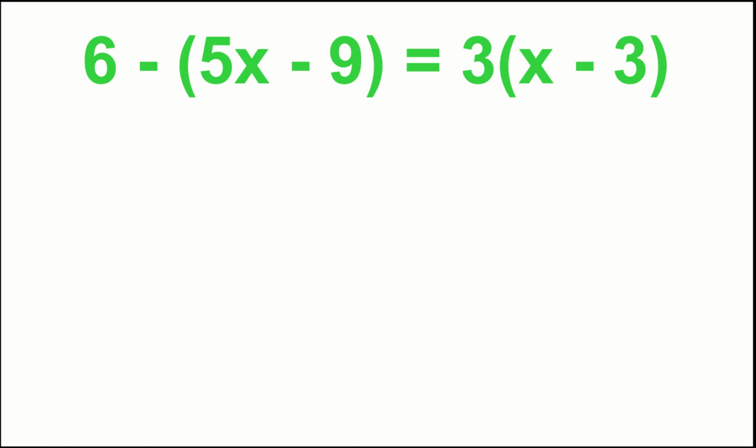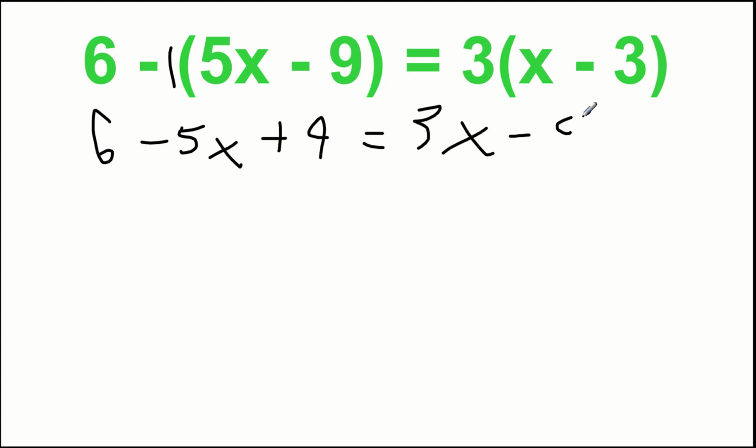Is correct. So we distribute to start with. Right here, we're distributing a negative. You can think of that as a -1 if you want. So we got a minus 5x. And the minus makes that a plus 9. And then over here, we got 3x minus 9. We combine like terms. I got a 6 and a plus 9. So that makes a 15